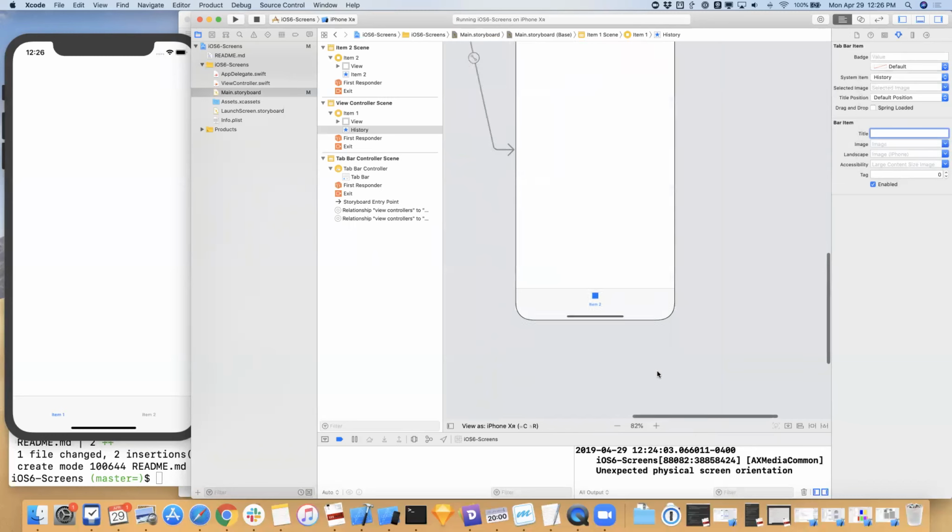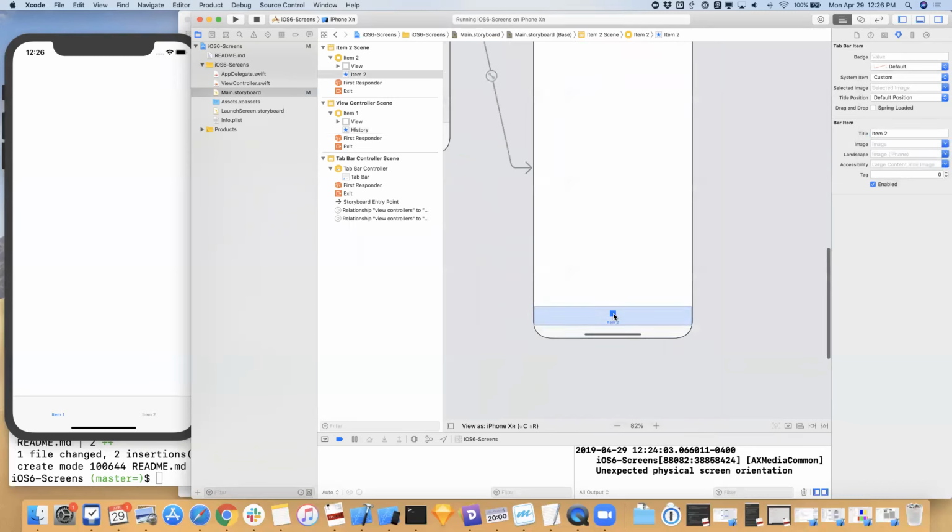And if I do the same thing for, let's go down to this second item, let's customize this, and let's just make it a more attribute. So go ahead and find the more, or select one of the other ones. It doesn't really matter. And then let's just play around with the badge. So the badge is going to show you when there's information to look at. So if I change this to 3 and press enter, what we should see is on our icon,